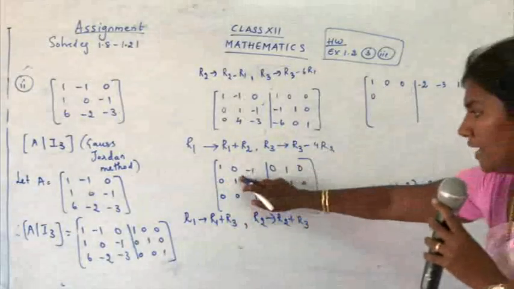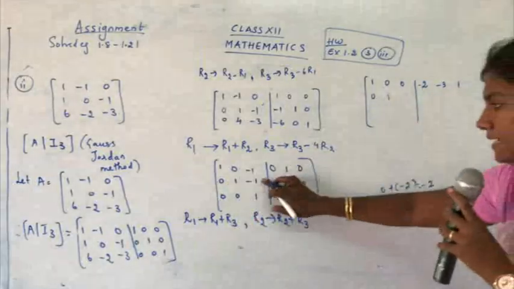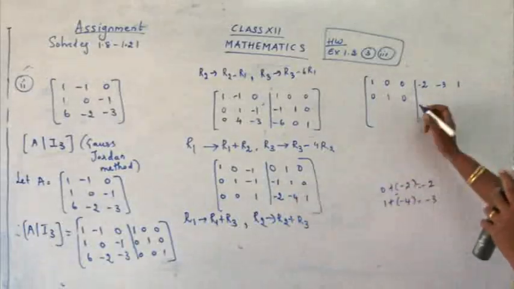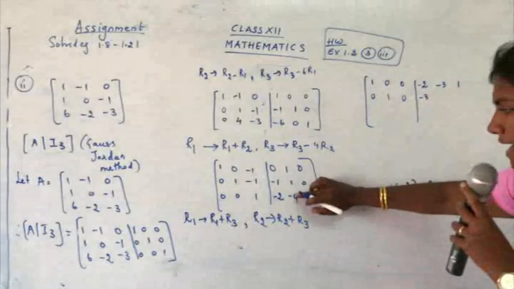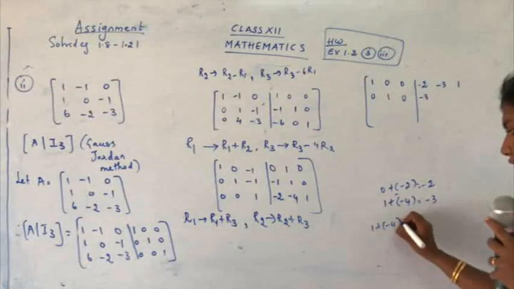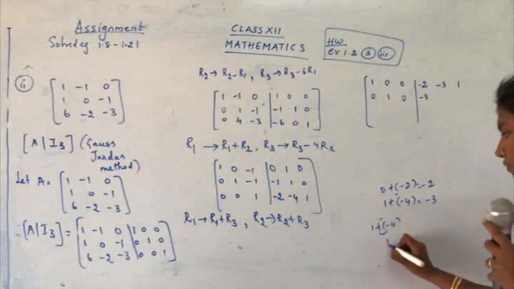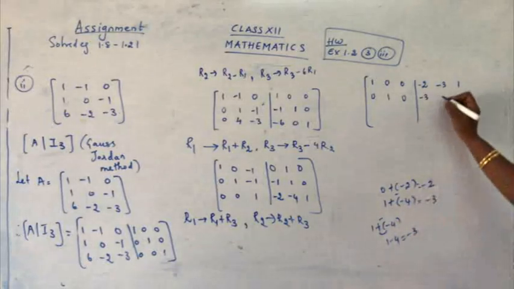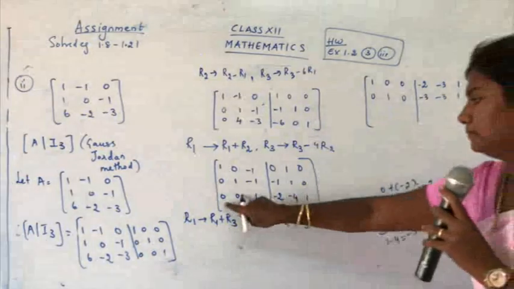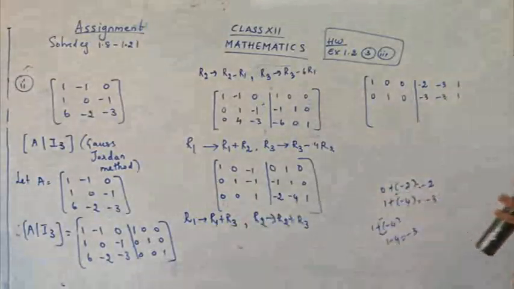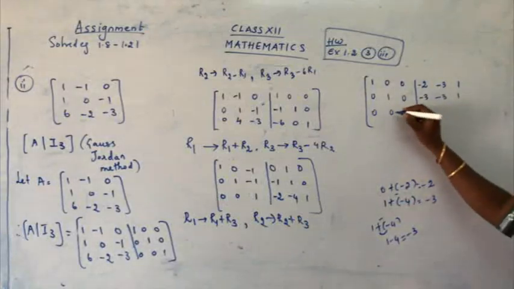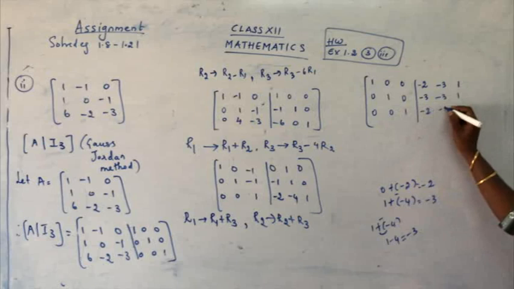0, 1 plus 0, 1, minus 1 plus 1, 0, minus 1, minus 2, it's minus 3, 1 minus 4. Actually, I am just doing directly. It's 1 plus of minus 4. We know plus minus is minus, yes? So 1 minus 4 is minus 3. Then 0 plus 1, 1. Take the last row where there is no conversion for the third row. So just we have to take the same element. So write down here 0, 0, 1, minus 2, minus 4, 1.